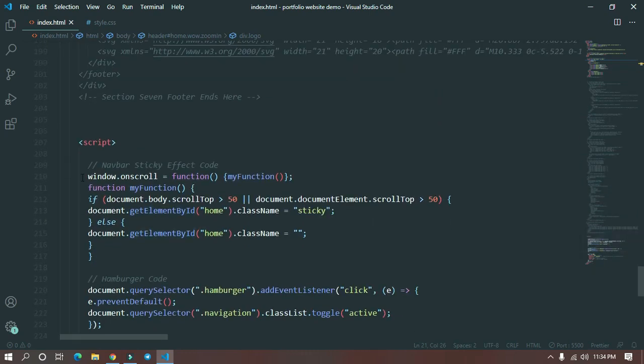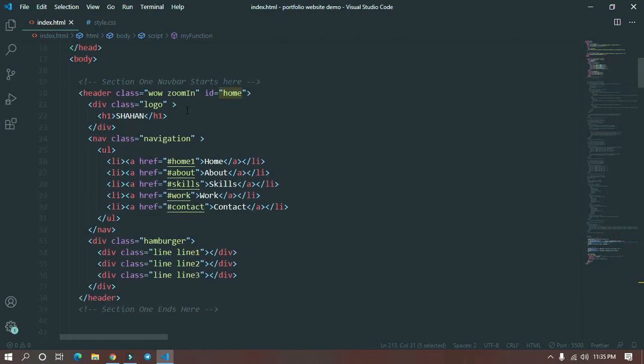So this is the JavaScript code for the sticky navigation effect. The function is: if document scroll top is greater than 50, we select document.getElementById home.